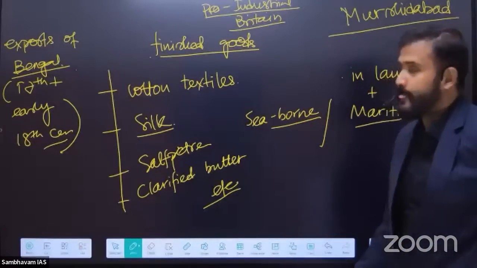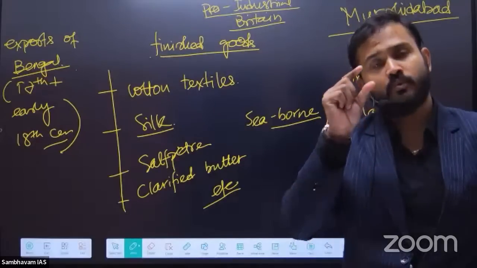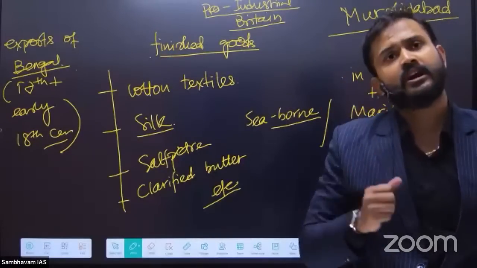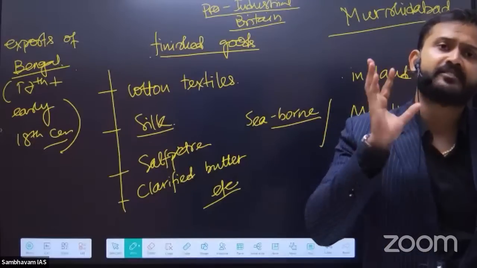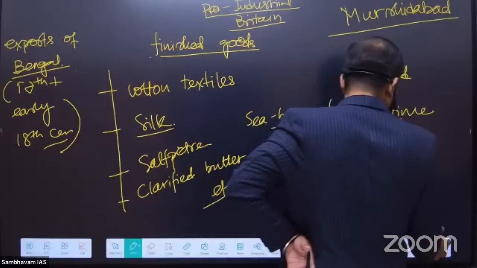Change the paragraph. See, the association with the Mughals will end with the rise of Ali Vardi Khan. Ali Vardi Khan will assume power and start acting as an independent state. Write a few lines. Change the paragraph and please continue writing.